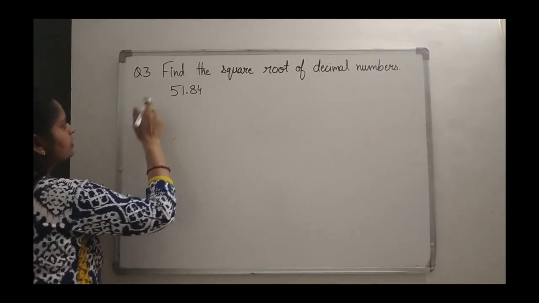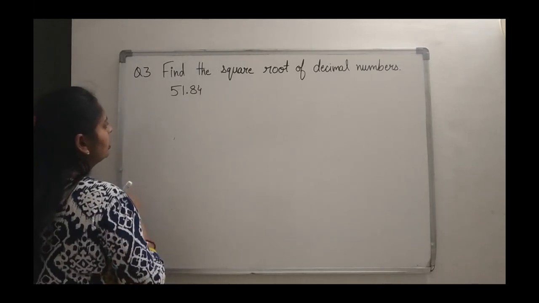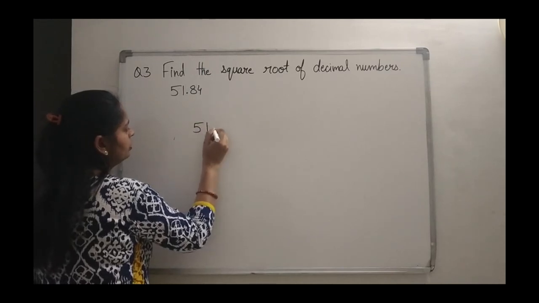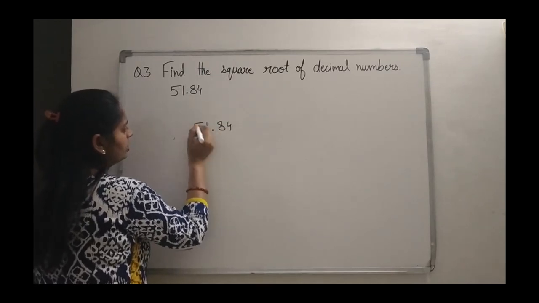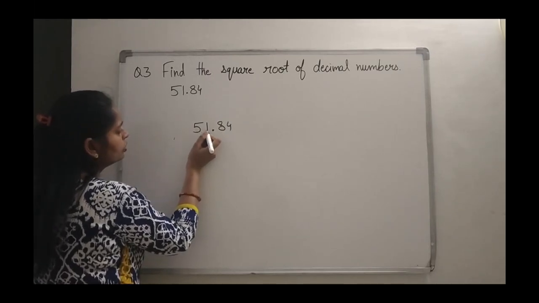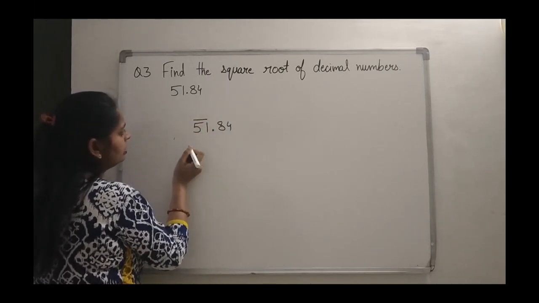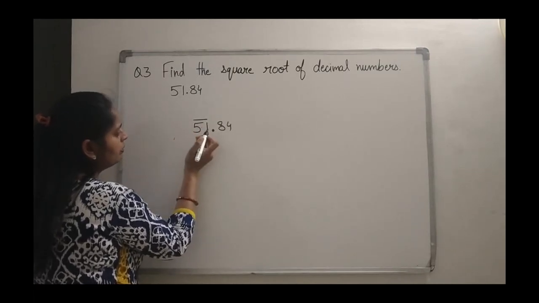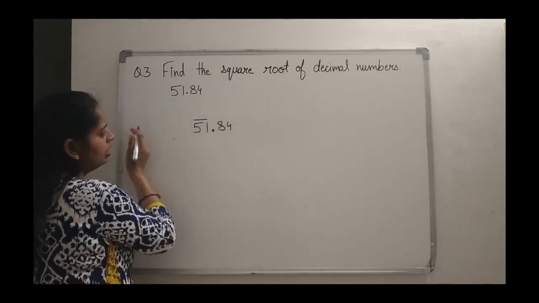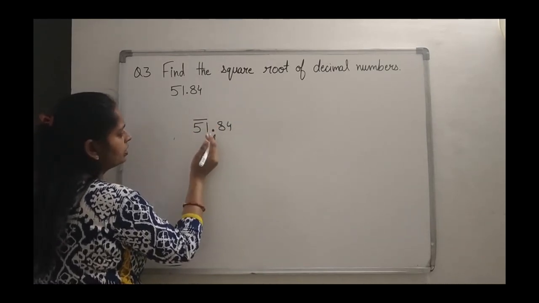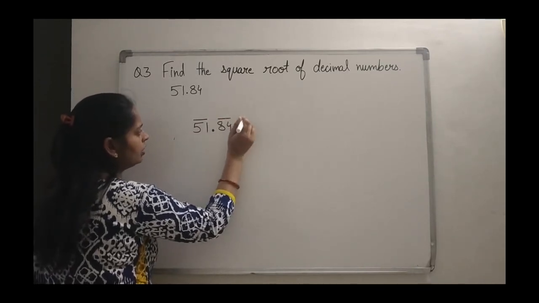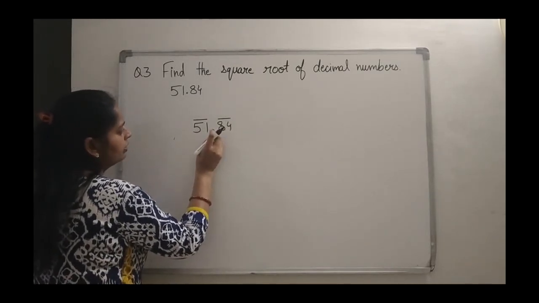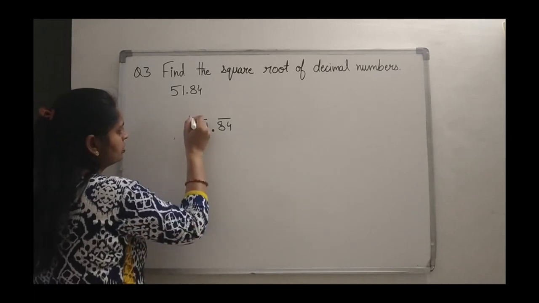Now question third is, find the square root of the decimal number. If you are having a decimal number and we have to find the square root, how do you have to do? Again we will put the bar. What I told you, from unit place we have to put the bar. So unit place is having the bar this side, and just before the decimal we are putting the bar from right corner to the left side. But after the decimal we are putting the bar from 10th place. From here we have to move this side, in the right hand side. From left to right we will move for the bar when they are in the decimal number. So let's see how.